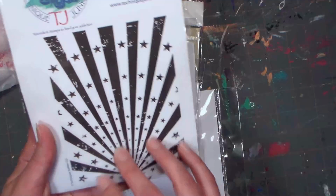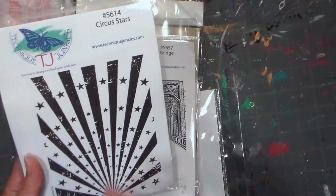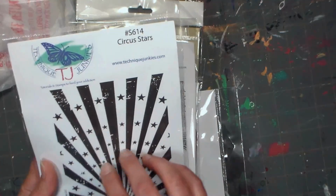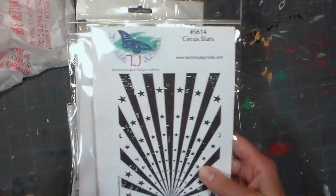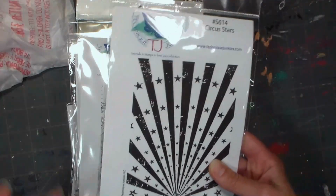I really love carnival themed things, circus themed things. I like Americana, I like nautical. This background would go with all of those themes. So this is called Circus Stars, and I got that. I find backgrounds to be very useful and versatile, so I kind of keep my eyes open